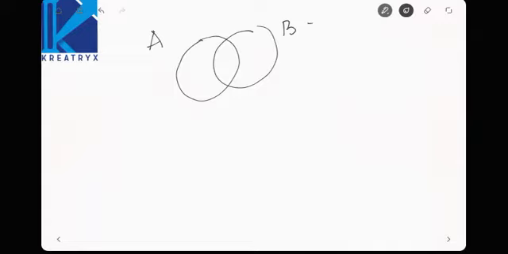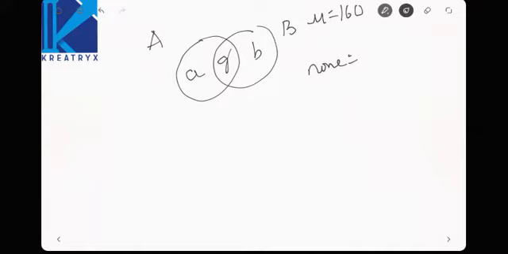As this is a two variable Venn diagram, there will be only two circles. See here. Now one question is A and the other question is B. Totally how many are there in the class? 160 members. Let us consider this as A, B, G and none. Now what is the given thing there?